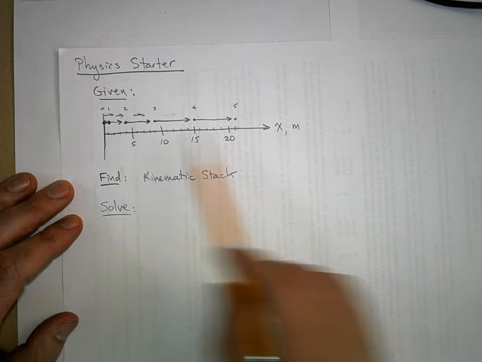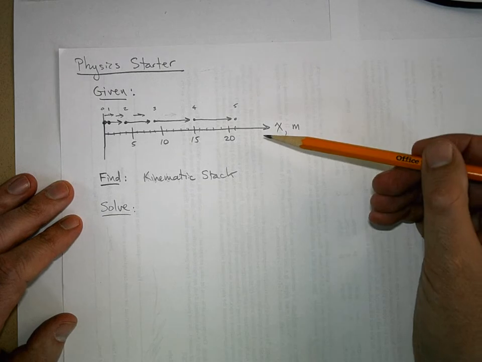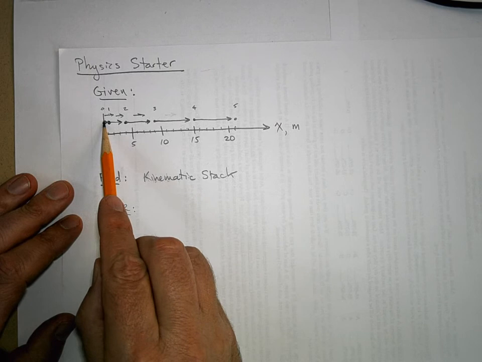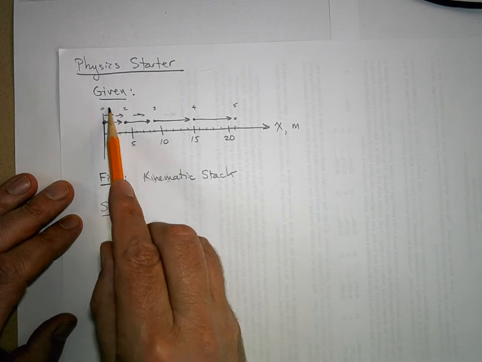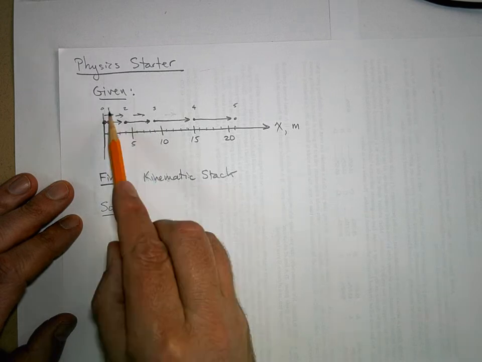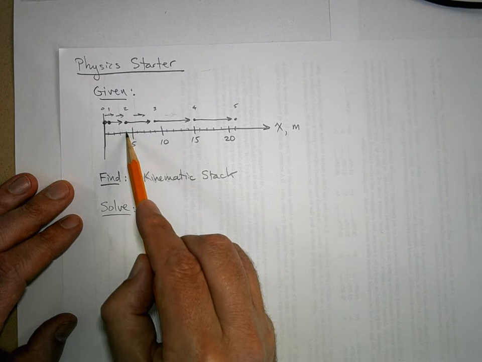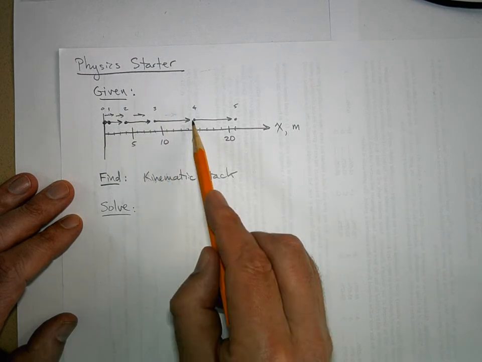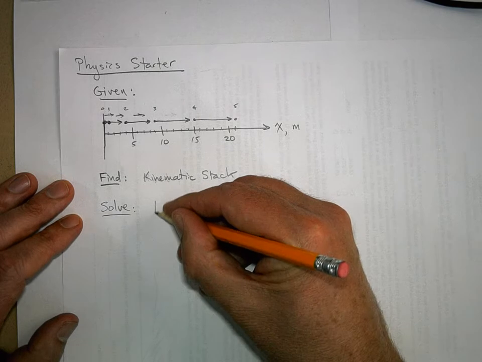You're given a motion diagram, and what we want to find is the kinematic stack that matches it. At t equals 0, we start off at the origin, and at 1 second we're at 1 meter. These are seconds right here. At 2 seconds we're at 4, and at 3 seconds we're at 9, then 15, then 21 meters at 5 seconds. So I think the first one to draw